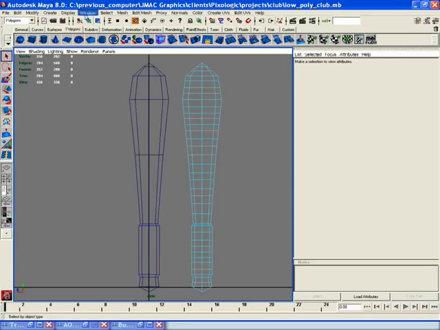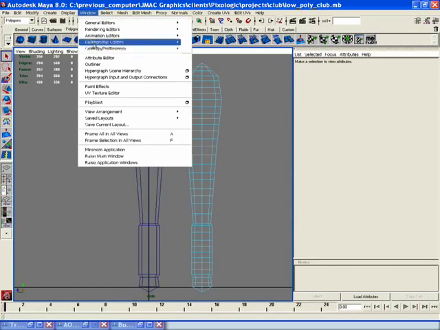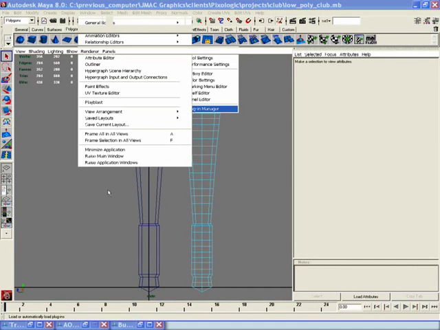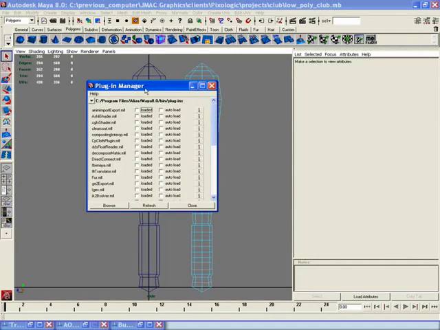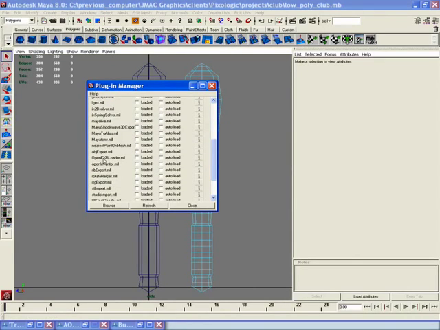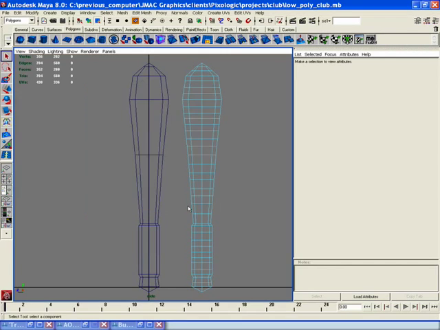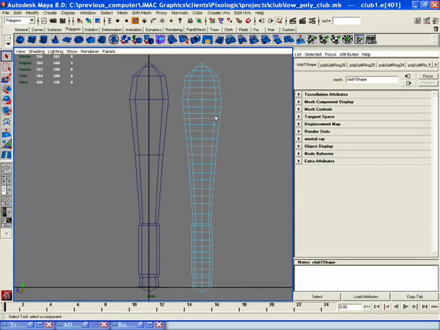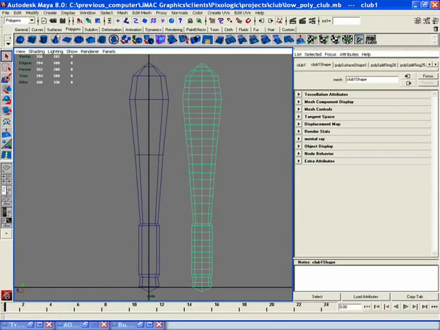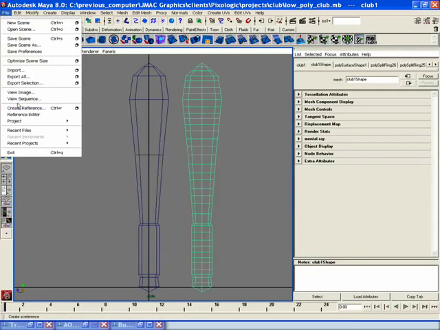So what I'll do is make sure I can do that. I go Window, Settings, Plugin Manager, and I'll make sure in the Plugin Manager that it's set to export OBJs. OBJ export, I'd make sure that's turned on, close that, and then now with this object selected, let me grab this object here, select it, and then I go File, Export Selection,